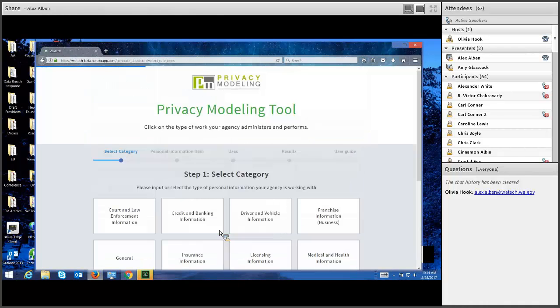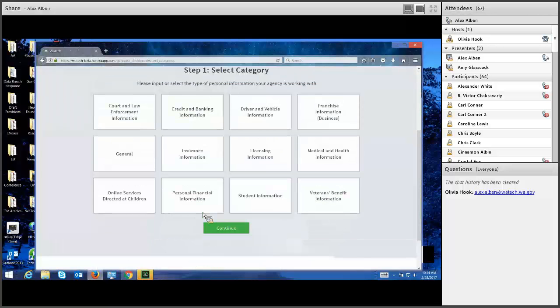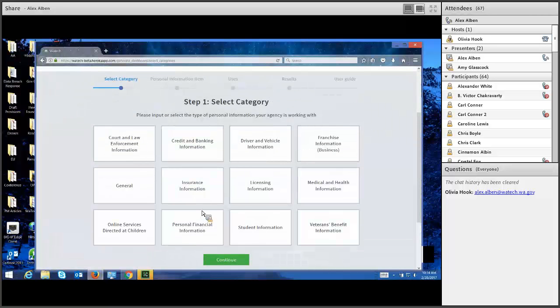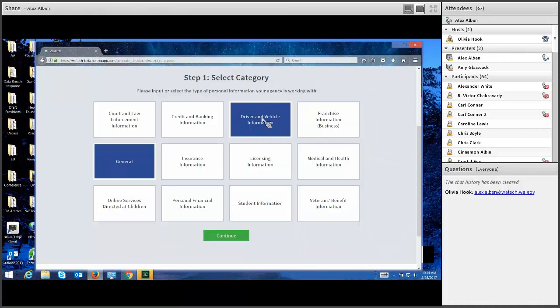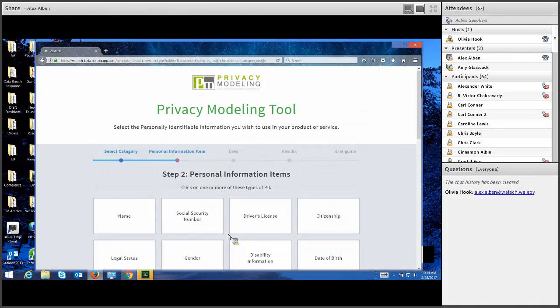Let's do another search. I'm going to pick a category, and because we realize that not every agency or user of this tool is going to fit into a specific agency, we also have this general tab. Let's say we want to do something to do with drivers and vehicle information and licensing information.